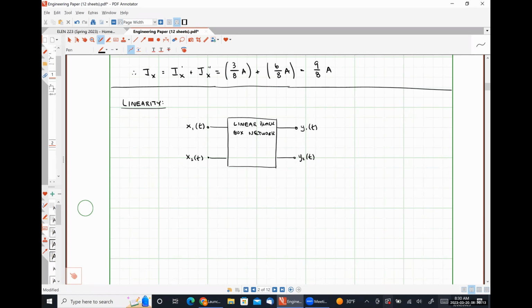X, our input, could be a current, could be a voltage. Y, our output, could be a current, could be a voltage. And this linear black box network acts on our input signals to generate our response. And it acts on these input signals by applying a system transfer function, h of x, such that